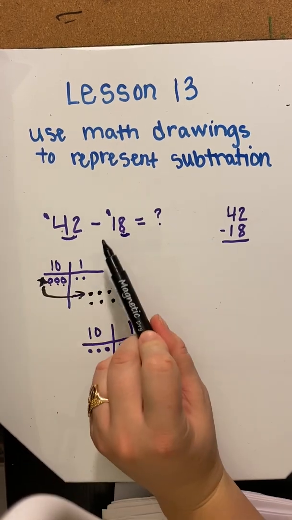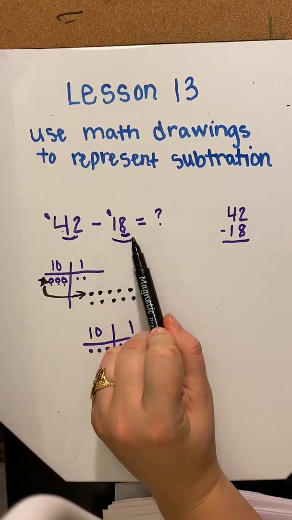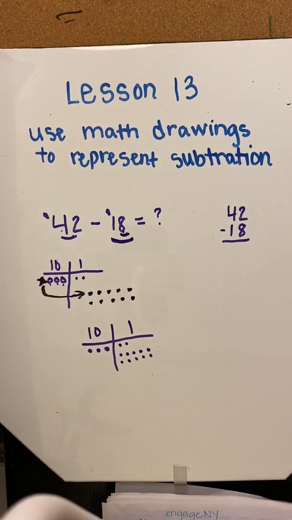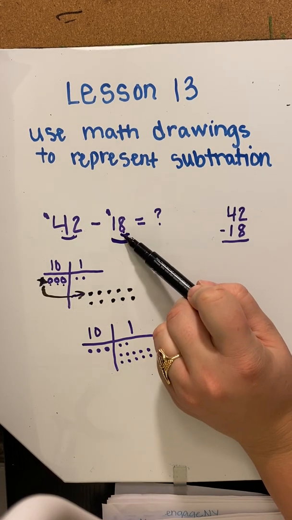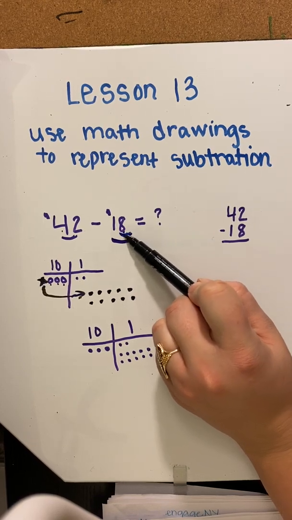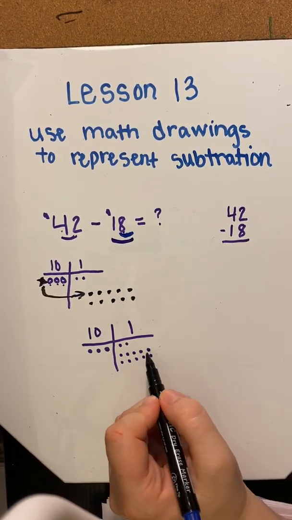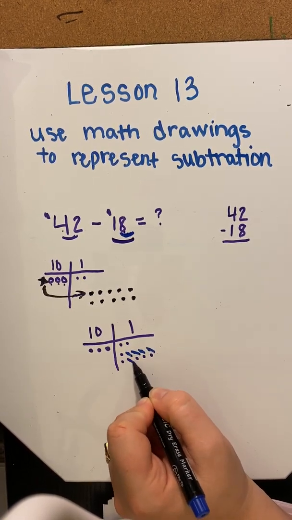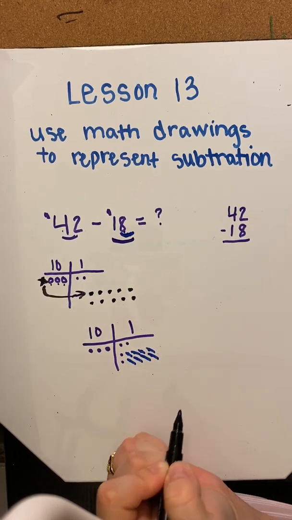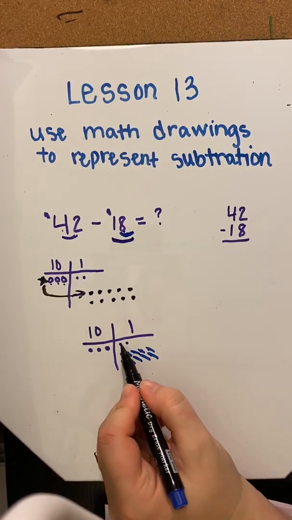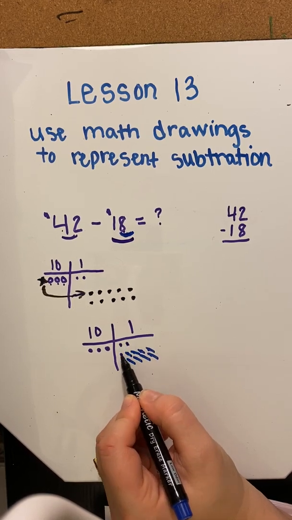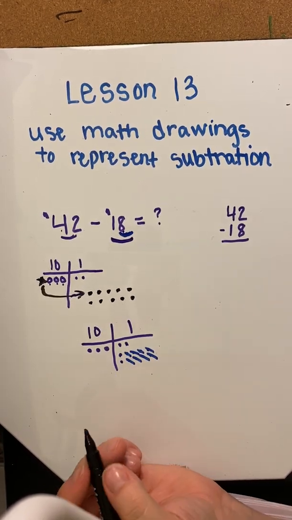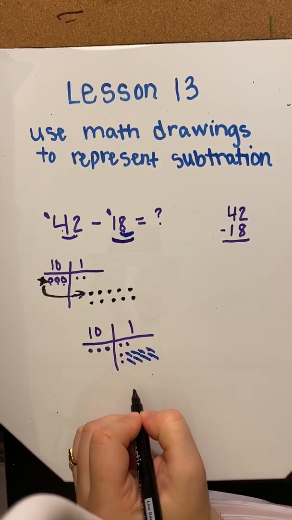So now if we go back up to our equation, I see here that we have 18. We want to take away 18. So to do this, I am going to see how many ones that I need to take away. I see 8, okay? So I'm going to take away 1, 2, 3, 4, 5, 6, 7, 8, okay? So how many ones does that leave us with? 1, 2, 3, 4, and you count them all, everything that's left. So 4 ones,